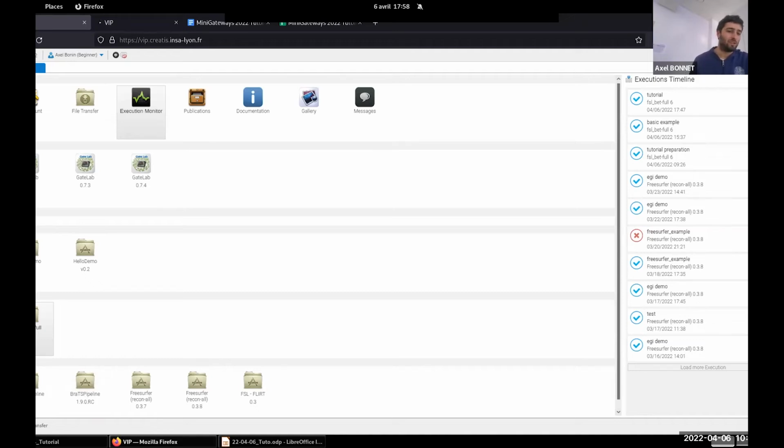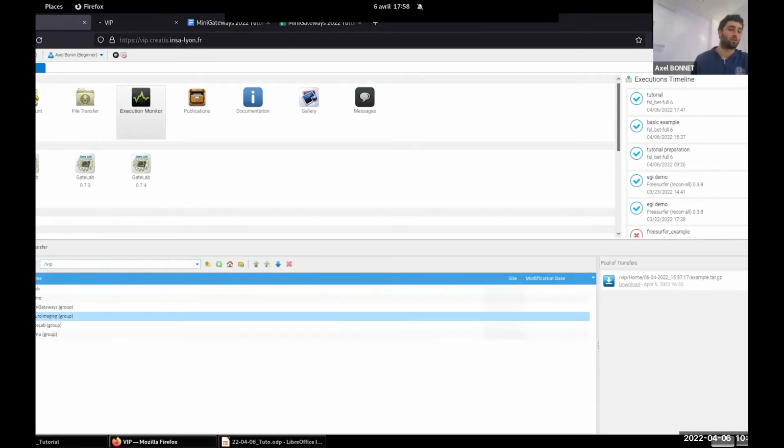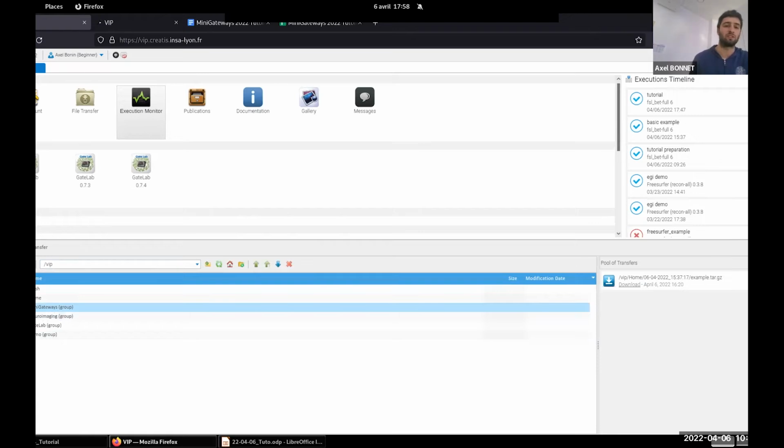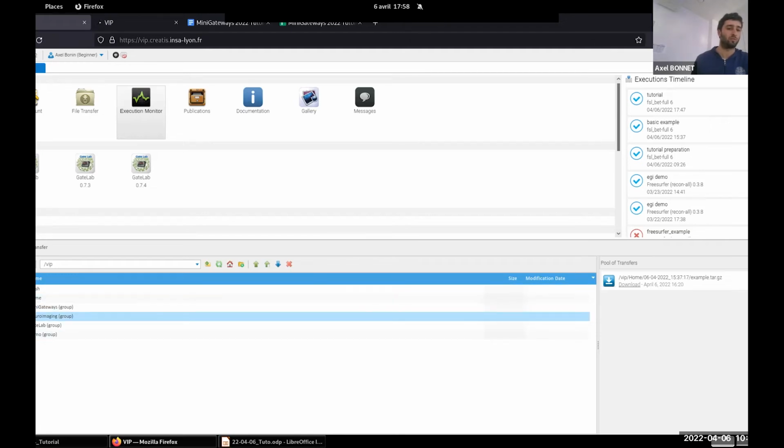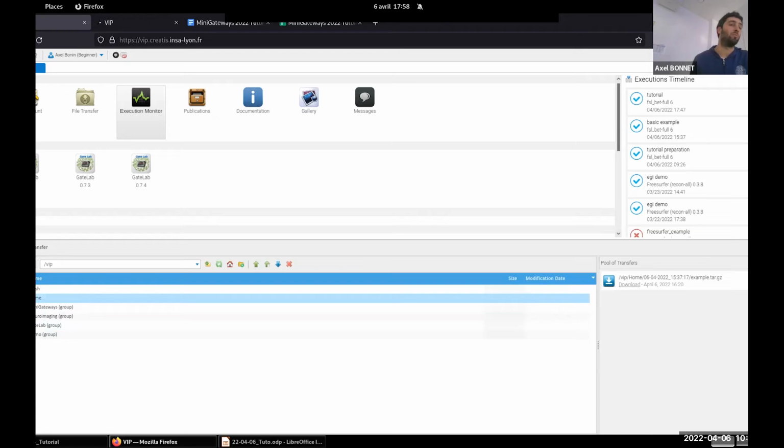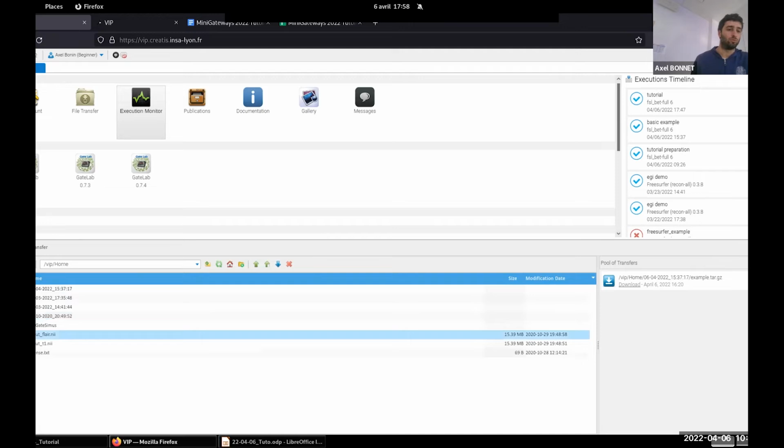Perfect. Thank you. So once the execution is finished, I want, of course, to download and see the results. This is done through the file transfer tool that is always available at the bottom of every VIP page. If I click on it, it will expand another file browser, very similar to the one I used when I selected the input file. This is the same storage with the same directories. As I selected my home directory to put the results, I can browse into my home directory to